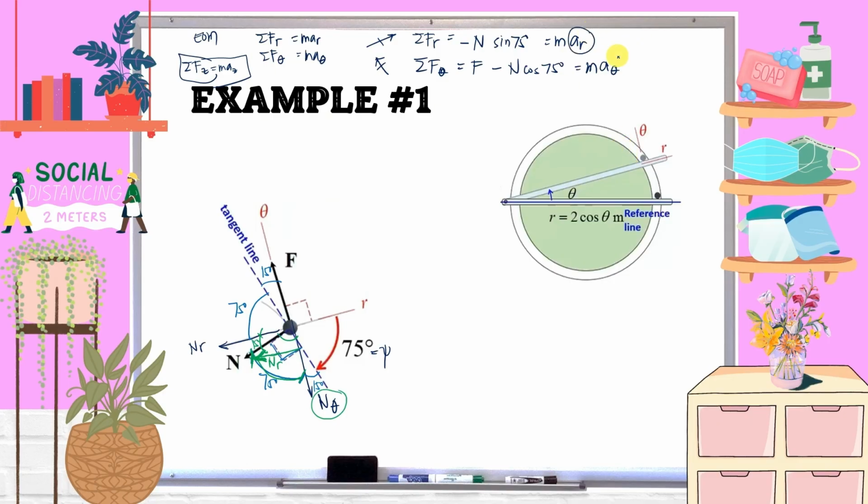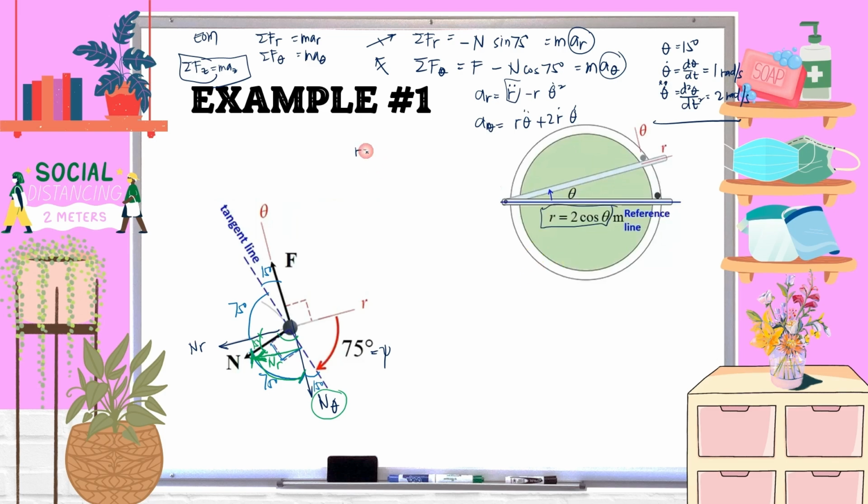If you recall, a sub r and a sub theta can only be calculated if we know the values of r double dot minus r theta dot squared, and for a sub theta, r theta double dot plus 2 r dot theta dot. We already know the value of theta. Theta is 15 degrees, and the angular speed, theta dot, or d theta over dt, is already given as 1 rad per second, and the angular acceleration theta double dot, which is the second derivative with respect to time, is 2 rad per second squared. So what we don't know is r double dot, so we need to solve for that.